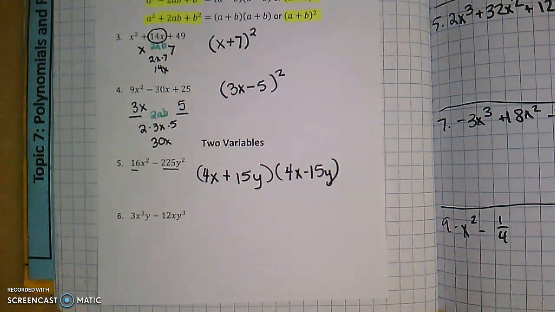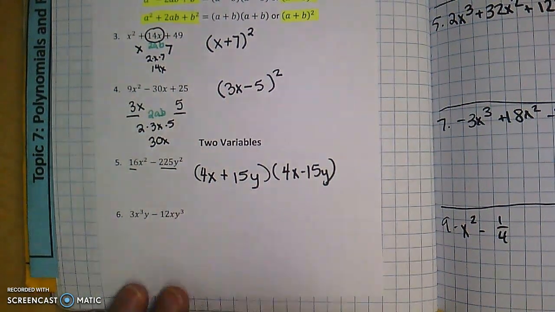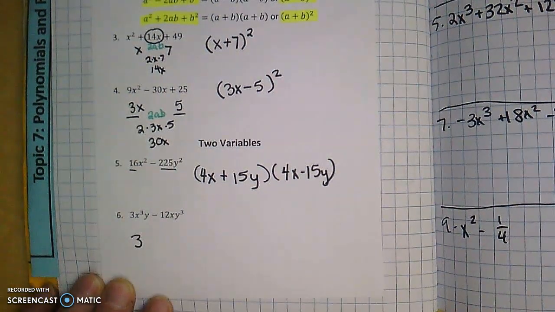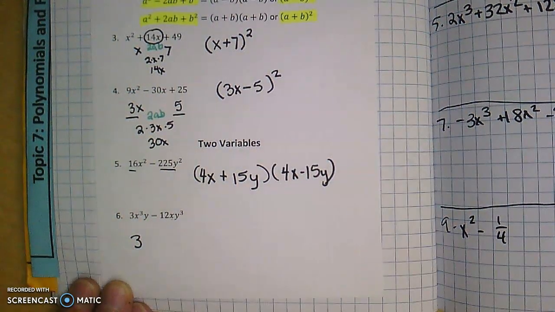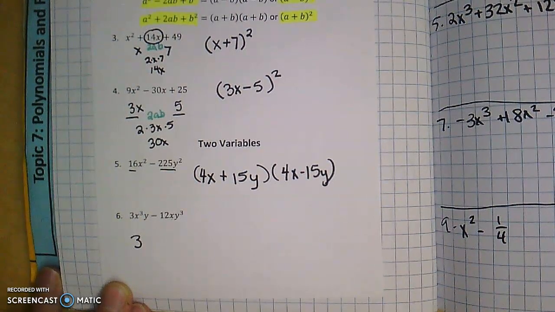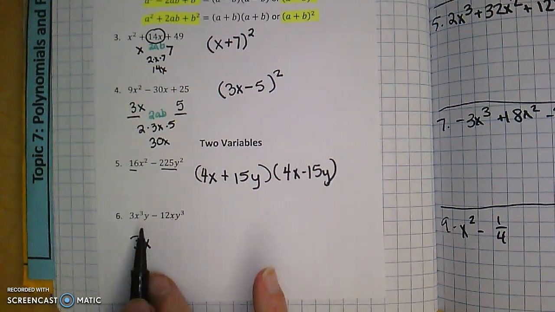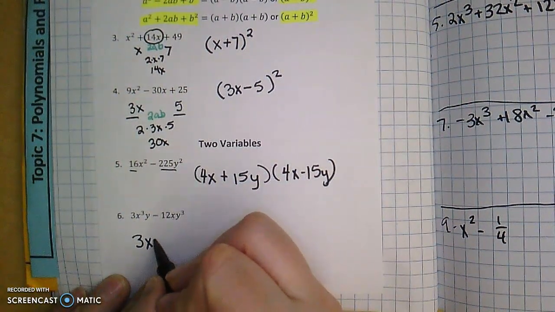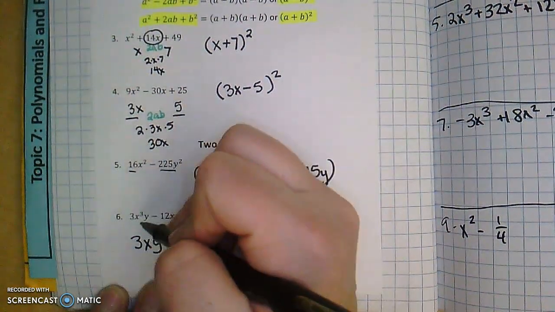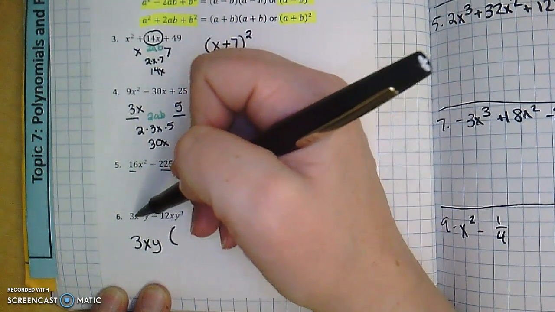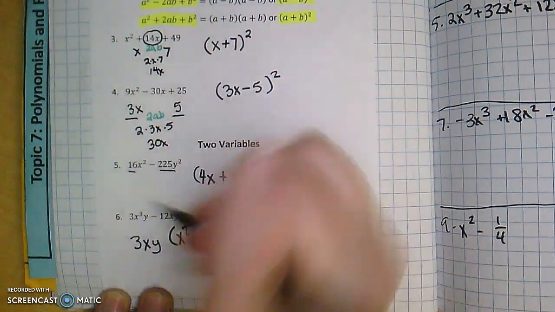So the first thing I want to do is find the greatest common factor of each of the terms. I know between 3 and 12, 3 is the greatest common factor, so I'm going to pull that out. Between the x cubed and the x squared, the greatest common factor is always going to be your lowest exponent. In that case, it's x here, so I'm going to pull an x out. And the same with the y's. The y is what's in common, so I'm going to pull that out as well. What's left is 3 divided by 3 cancels out, x cubed divided by x is x squared, and y divided by y cancels out. And then for the second term, 12 divided by 3